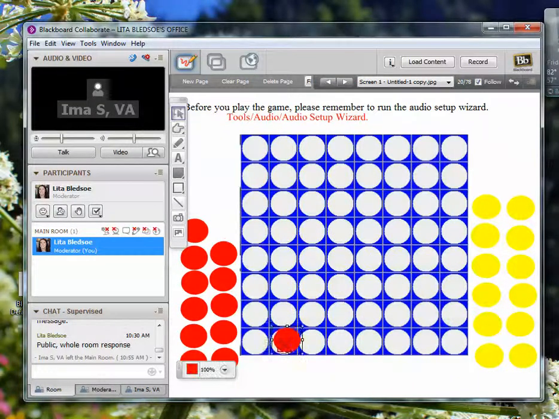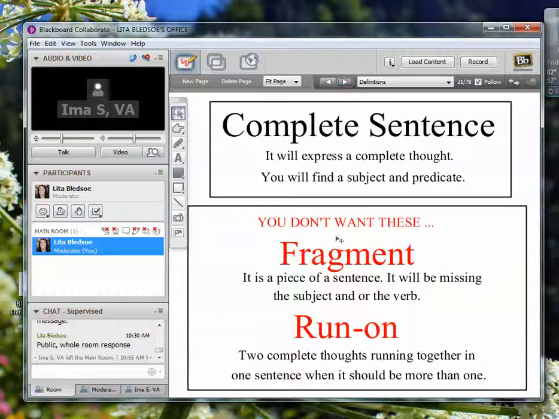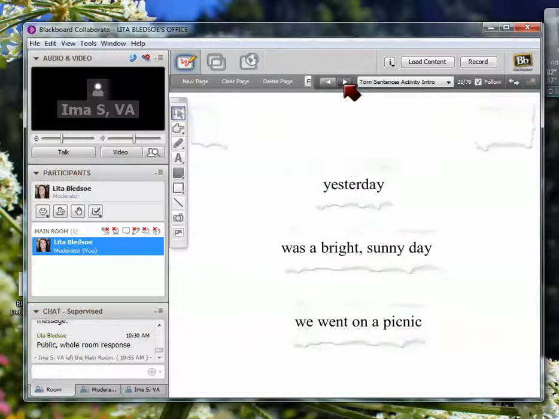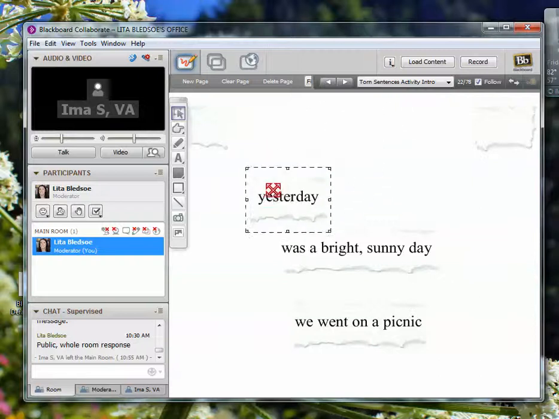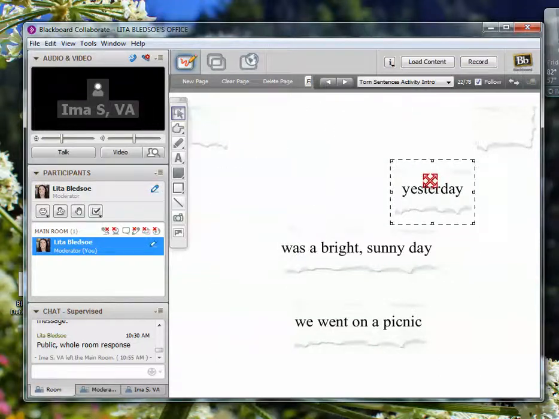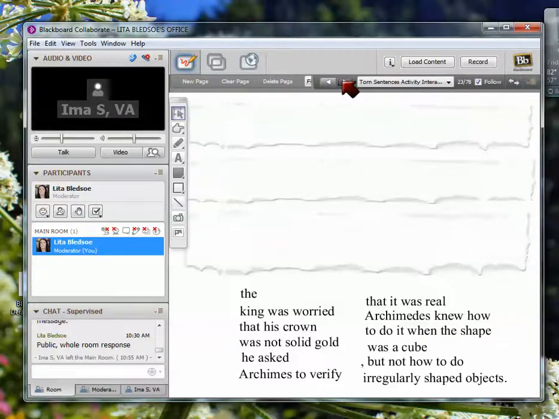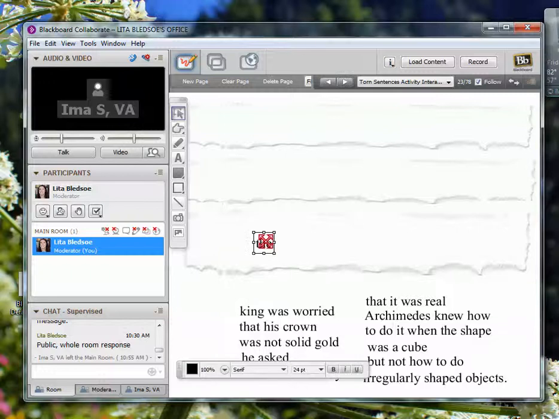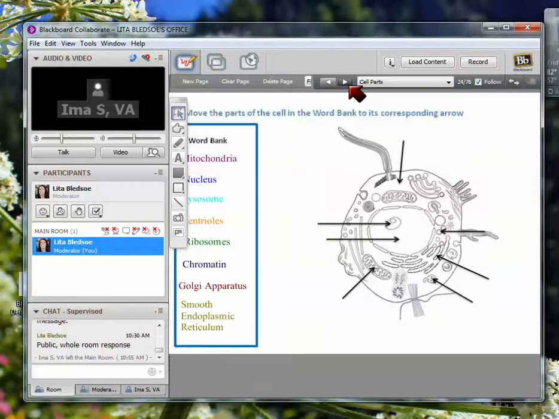Now there are games that you can play or that students can play. Connect 4. You can have them give primary thoughts and move around objects to be able to put them in order. You can move objects onto scraps of paper.